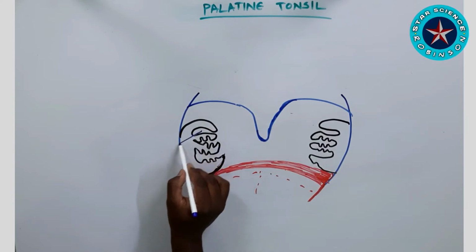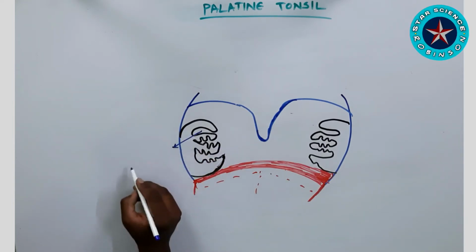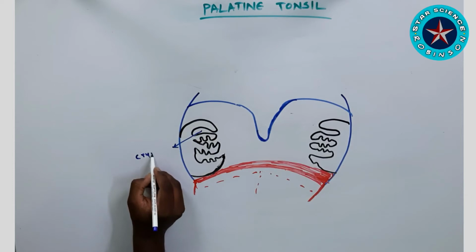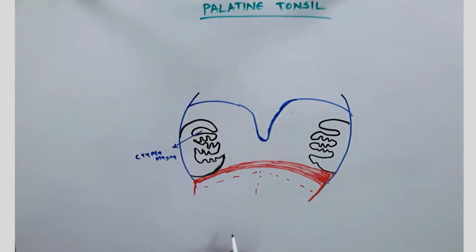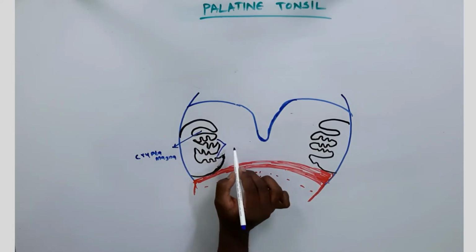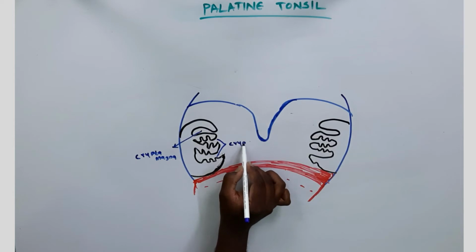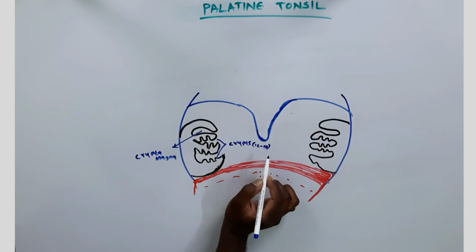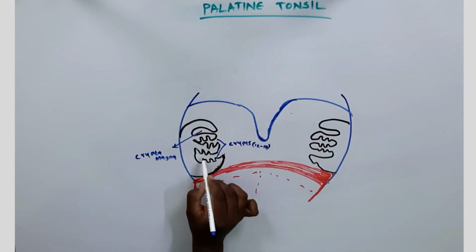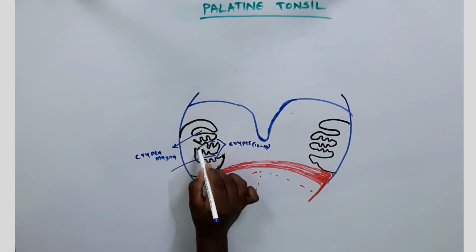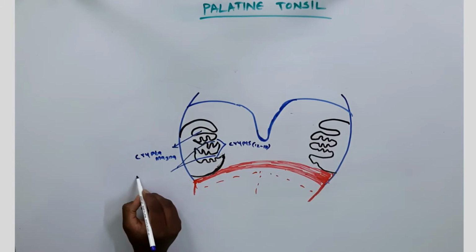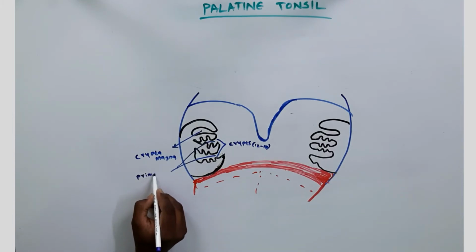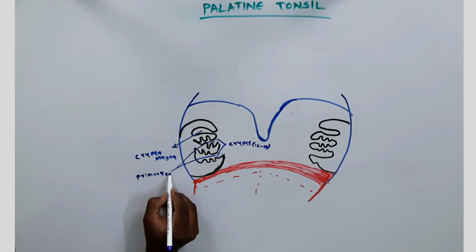So we have a major importance of that. The first passage where I'm going right now is called crypta magna. So this is the first feature of the palatine tonsils, a very broad passage, and then we have what are called tonsillar crypts, which number 12 to 15. It's very important to remember. As I said, the crypts are around 12 to 15, and that passage is called the primary crypts.